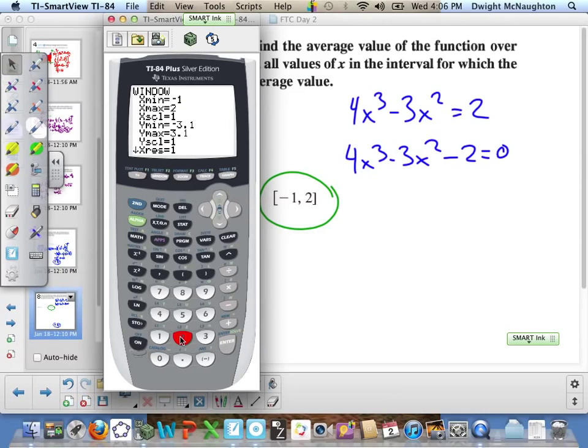Now I'm looking for when it's equal to 2, so I don't need to have my y value be much far away from 2. As the window I got set right now, it looks like 2 is going to be in there, so I'm just going to leave it. So I got my function, I got what it's going to be equal to, I got my window set. All right, I'm going to graph it. And I can see it's equal to 2